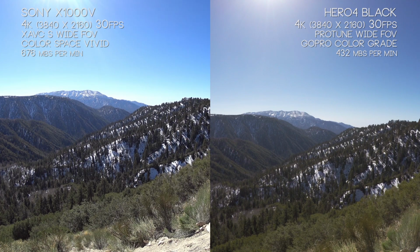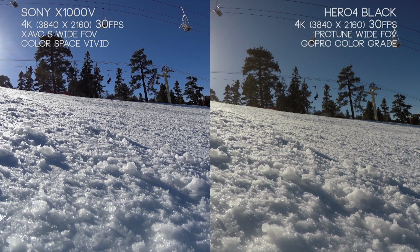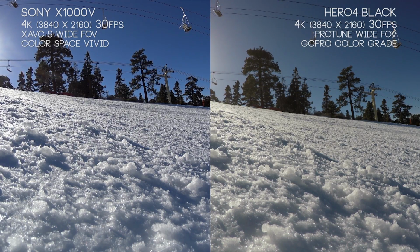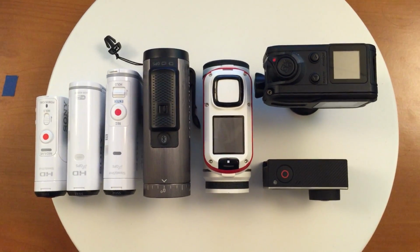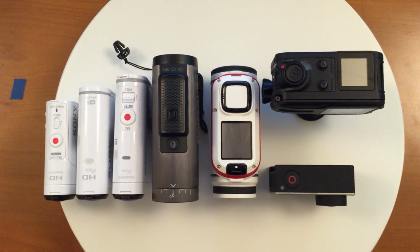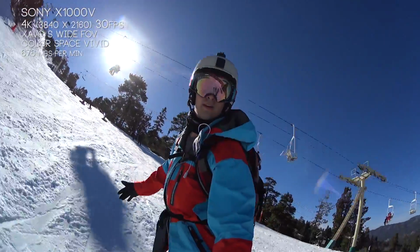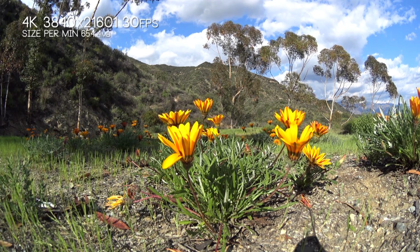It shares the same sort of properties, a digital image stabilizer like the AS200V. We have great low light and night performance, and we're just going to have really sharp edges and a really great color profile right out of the box with little work. It's a little bigger than the other action cameras on the market, and the battery life is going to be a little less, but we can do 4K at 30 frames per second. We can do 1080p at 120 frames per second, and we can actually do 720p at 240 frames per second,